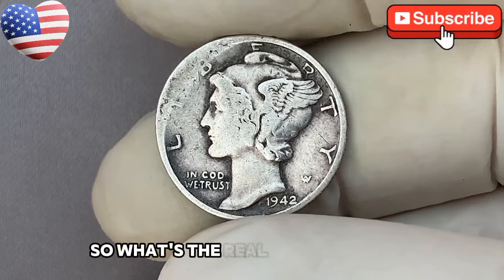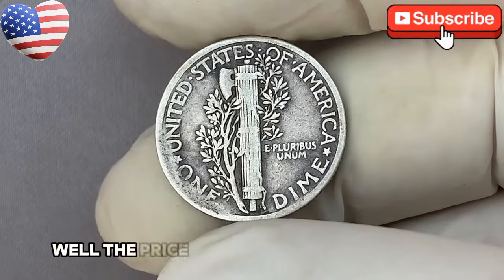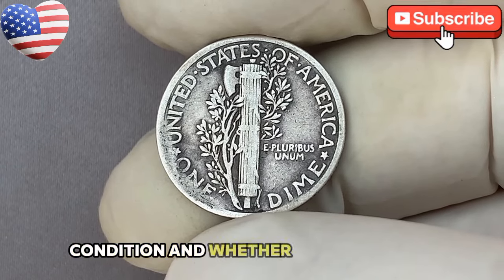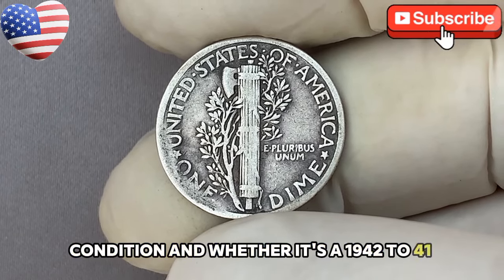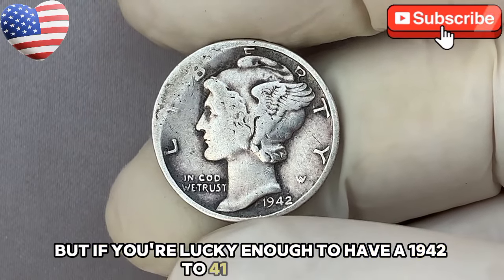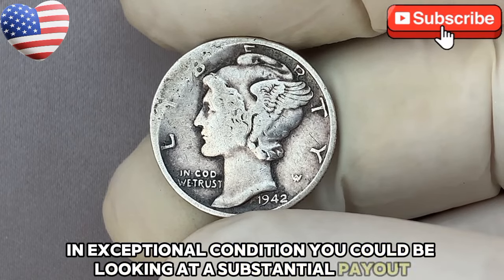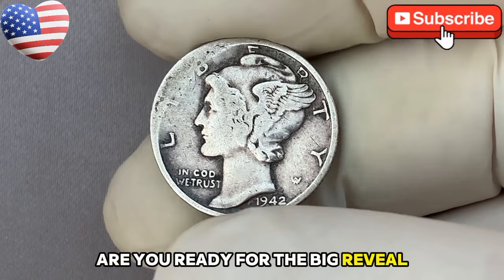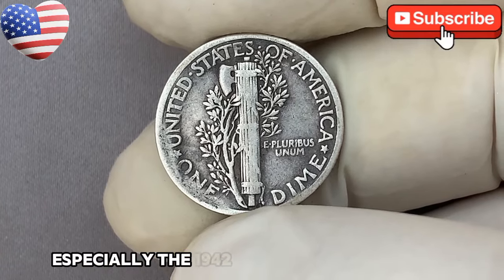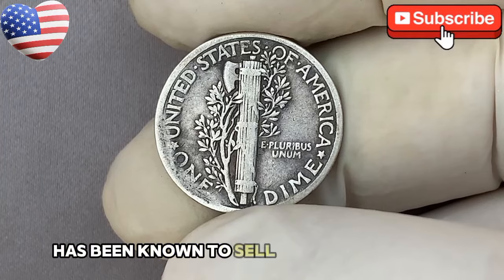So, what's the real value of a 1942 Mercury dime? Well, the price can vary widely depending on the coin's rarity, condition, and whether it's a 1942/41 overdate. But if you're lucky enough to have a 1942/41 overdate in exceptional condition, you could be looking at a substantial payout. Are you ready for the big reveal? The most valuable 1942 Mercury dime, especially the 1942/41 overdate variety, has been known to sell for as much as